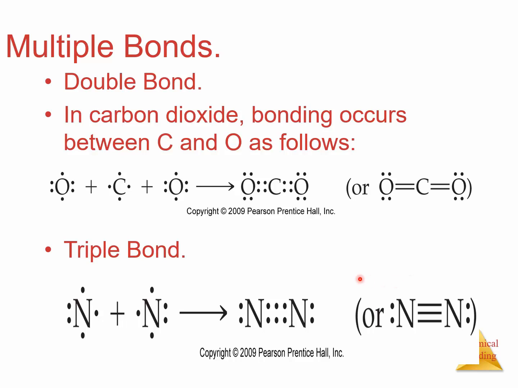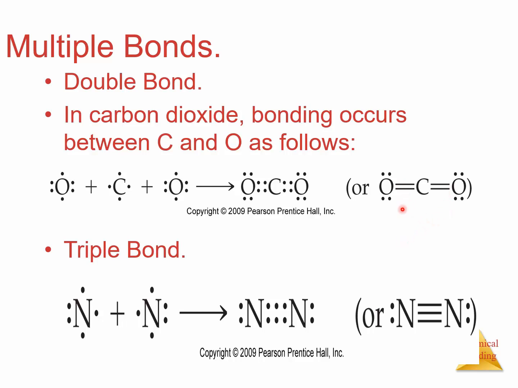Now, multiple bonds. First, the double bond. In carbon dioxide, bonding occurs between carbon and oxygen as follows. Again, oxygen has 6 valence electrons, carbon 4, so we need 2 oxygens. In carbon dioxide, carbon with 4 valence electrons bonds with oxygen with 6. Carbon achieves an octet by sharing 2 electron pairs with each of the 2 oxygen atoms. Each double bond involves